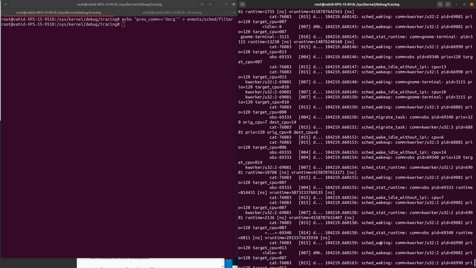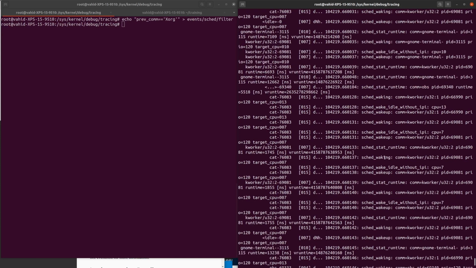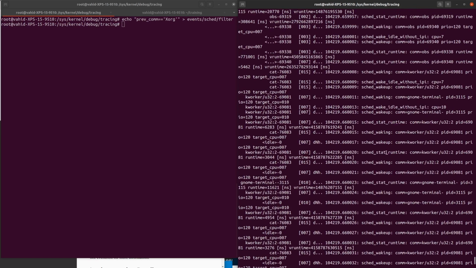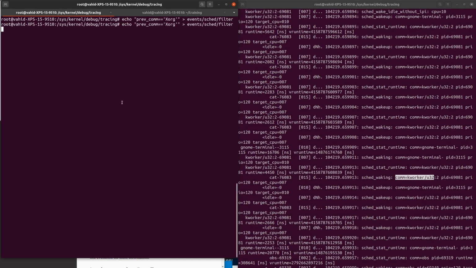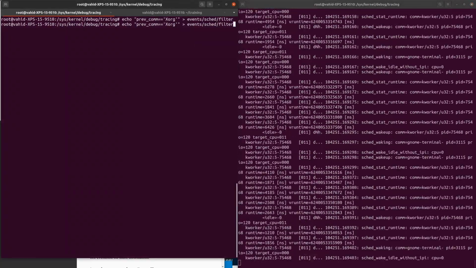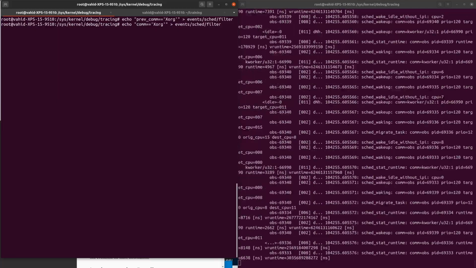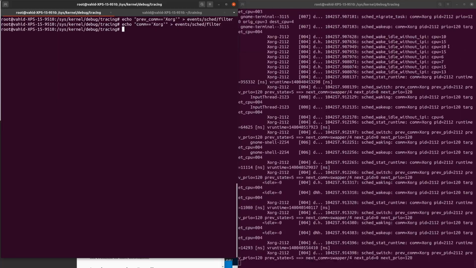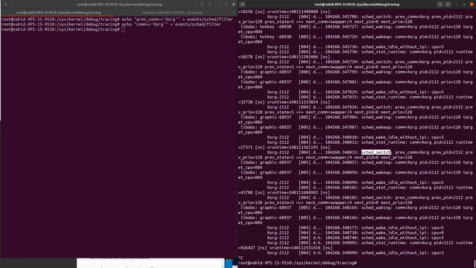I'm looking for a sketch switch event. Because we have a lot of the other events. So maybe it was best if I had used the com thing. Okay, so I'm going to define a different filter, which is more frequently applicable. There you go. So I'm going to stop this, and you can see that the sketch switch, okay,